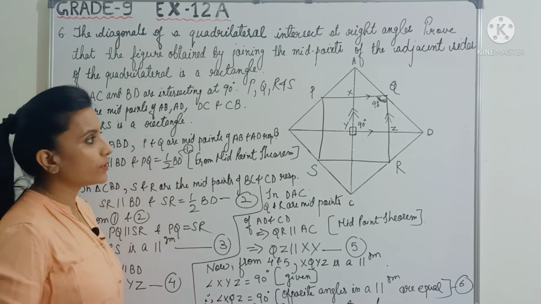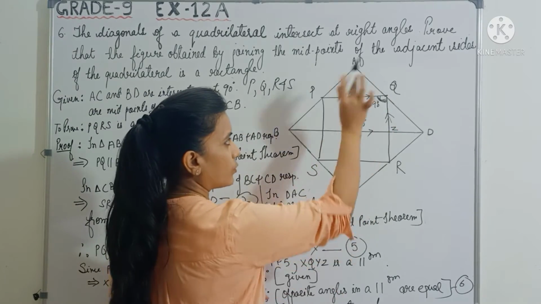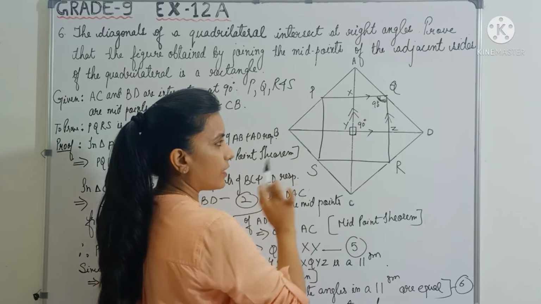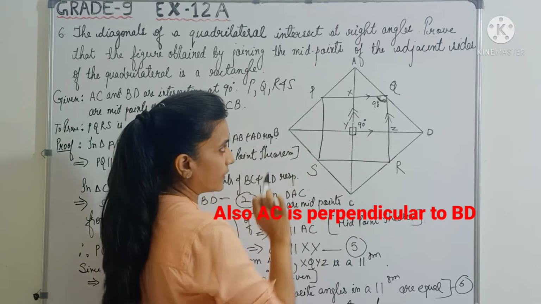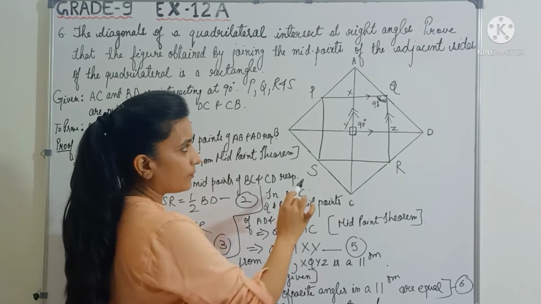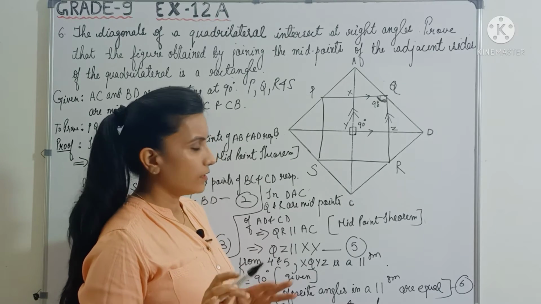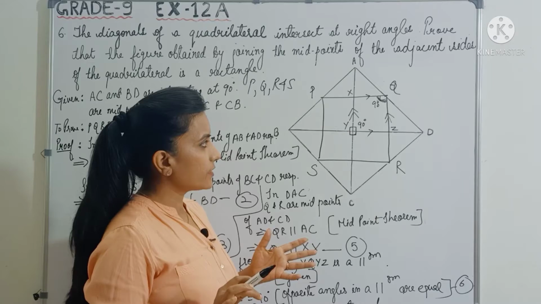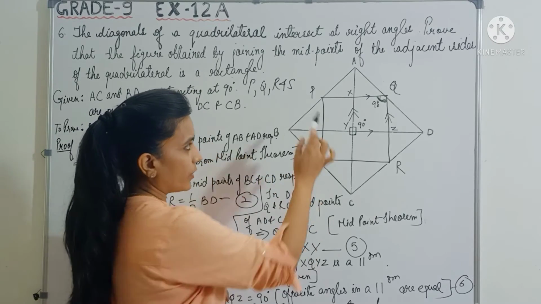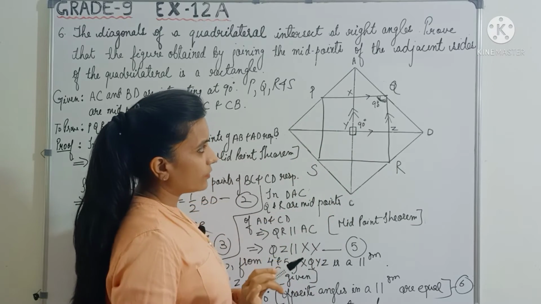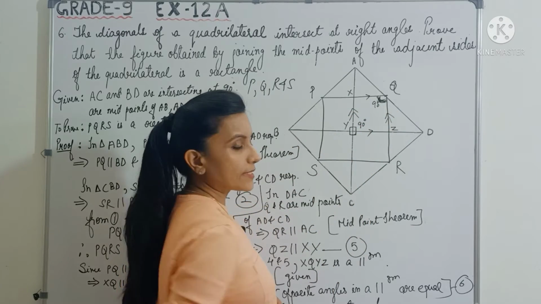So I hope it is clear to everyone. We can quickly recap. Here, what was the question? ABCD is a quadrilateral and P, Q, R, S are the midpoints, right? And we have to show that PQRS is a rectangle. So first we showed that PQRS is a parallelogram by using the midpoint theorem, which you all know. It's very easy because we have done the same thing in the previous few questions. And after showing PQRS is a parallelogram, we showed that any one corner angle is 90 degrees.